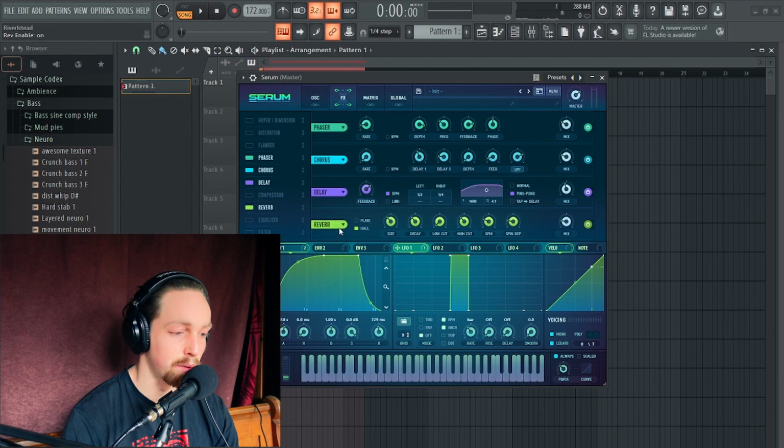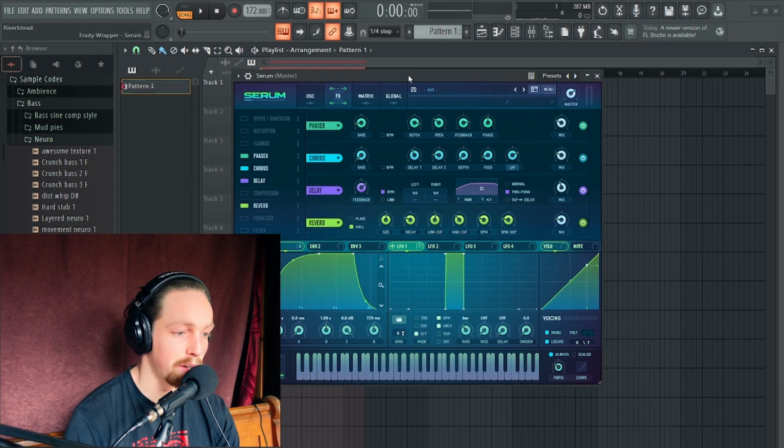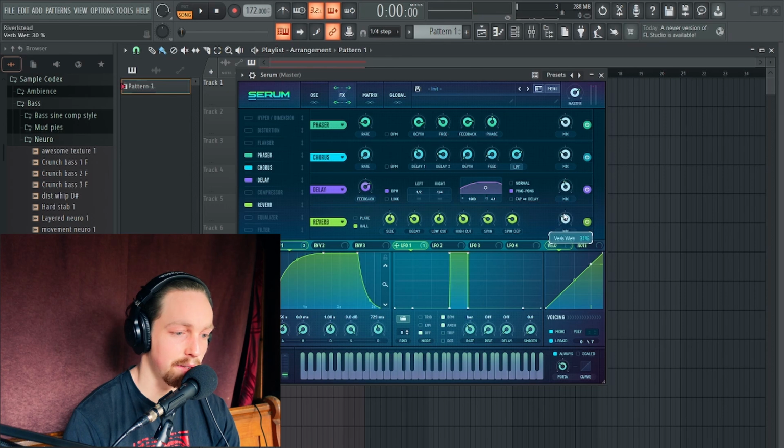Another thing that we can do is just add on a bit of reverb, which emulates the sound being in a space. And this will create some nice little bits of stereo information for your sound. If I just dial in these settings a bit, I usually like to have my low cut quite high because I don't need any of that rumbly reverb frequency that builds up very quickly. So for cleaner sounds, you want to make sure to cut out a lot of that low out of your reverb. And if I turn up the mix now,